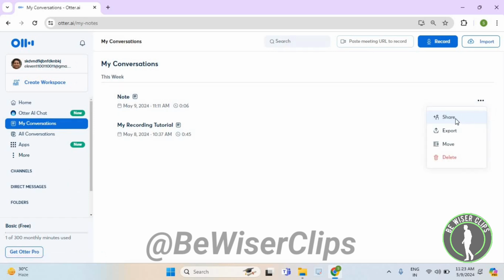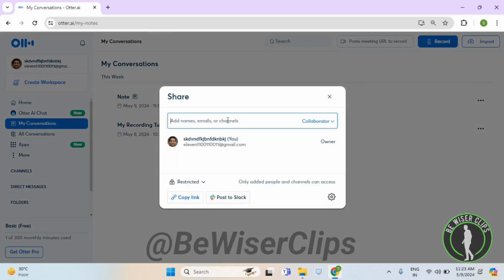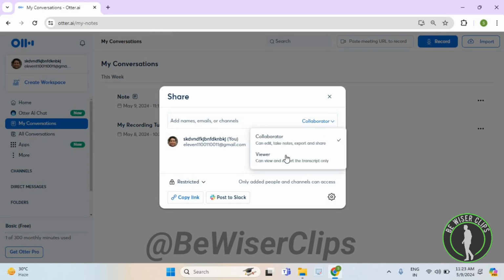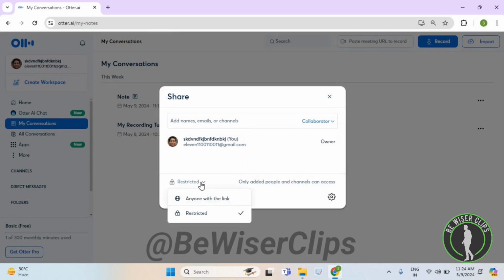Now select share. Now enter here the email address of that particular person, and you can even select that you want to collaborate with him or her, or you can just let them view. And you can also select the restriction option on the link that you will give them through email, and you